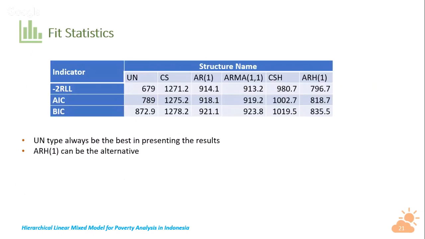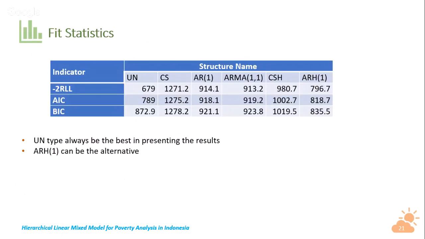This is the estimated value from the parameter regression: region, years, and the interaction of region and year. The best model that we choose is the variance covariance structure of heterogeneous first order autoregressive. From this model, we concluded that the region has a p-value of 0.2. So we can state that region does not impact the eradicating of poverty in Indonesia.